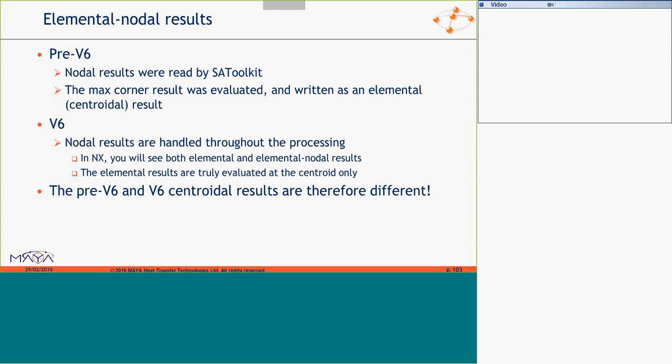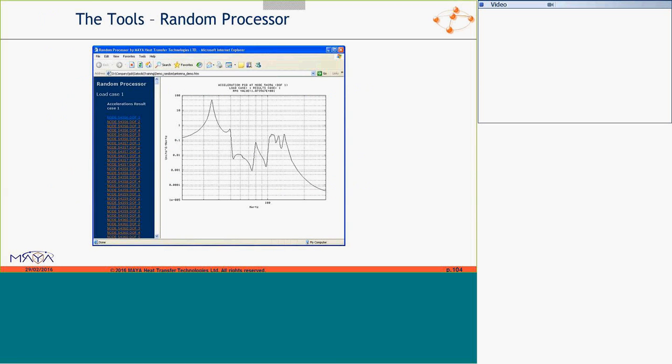In the old days, the corner results were evaluated, but then they were written as an elemental result. Now, they are output as elemental nodal results, whereas the corner results are only evaluated and they're not mixed with the rest. So the centroids before and after V6 are different. So much better mix.